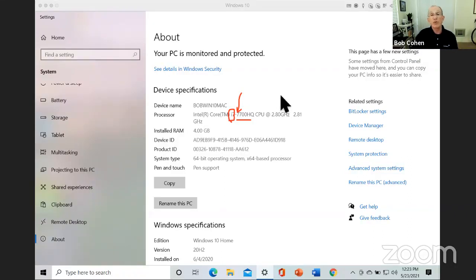If you've got an i3 or an i5-5 or 6 or something, you know you've got a little bit older chip. You will see on new computers that you'll get an i7-10 or an i7-something else, okay? So these are some things that you can use to check out what you've got now and where you've got it.